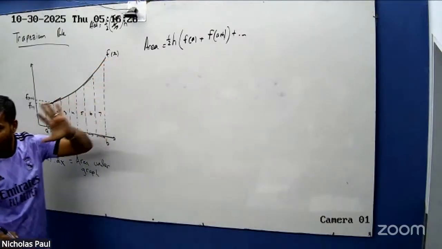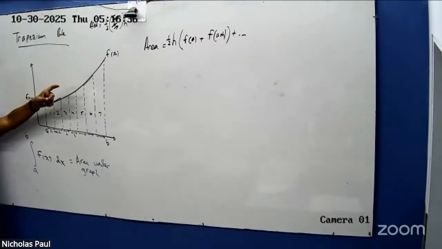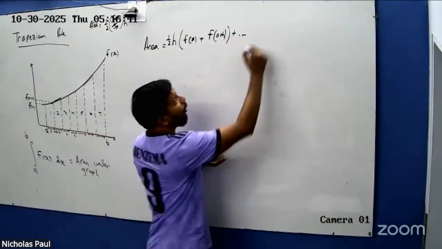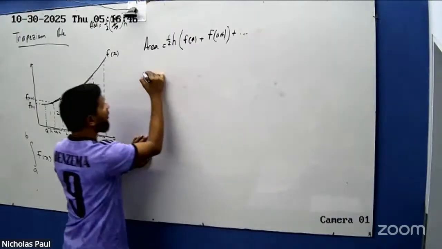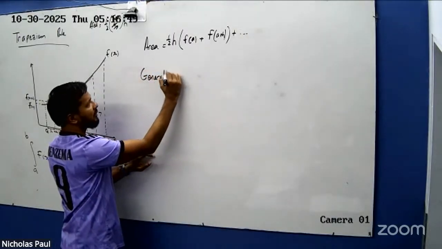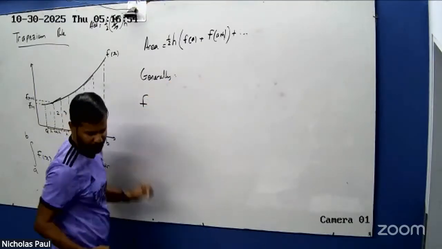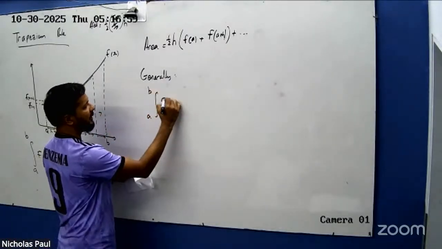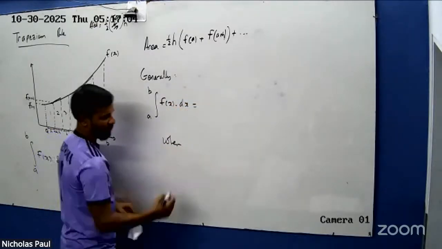So how do I get the parallel heights? Plug the x value into the function. That's okay? So your formula will continue all the way down until the sixth one. So generally, here's what they came up with. Generally, we have the integral between a and b of f of x with respect to x as